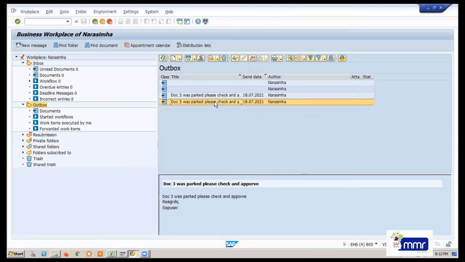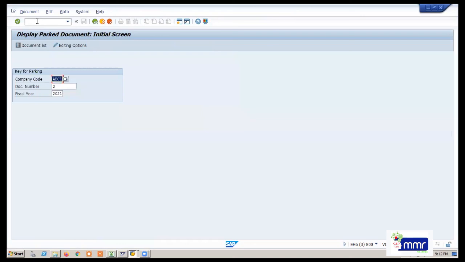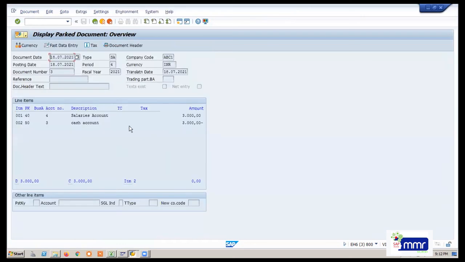If you double click here, he mentioned Document 3. I have to open it as an approver. For example, I am an approver, I have to open the document in FBV3 and check what purpose they are posting it for and everything. This is a salary posting they are doing.